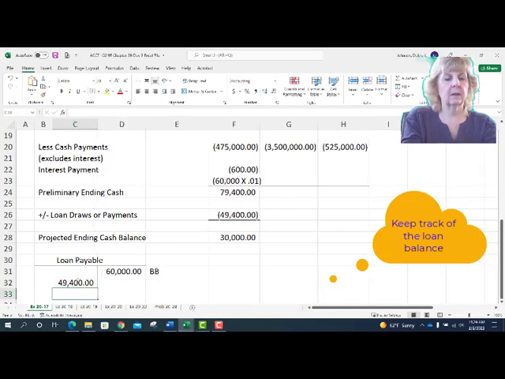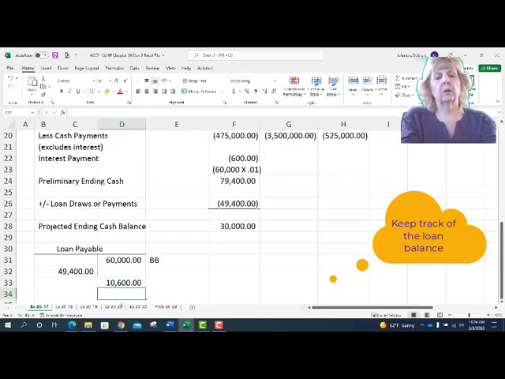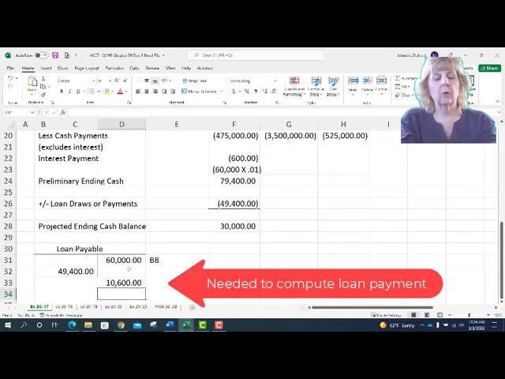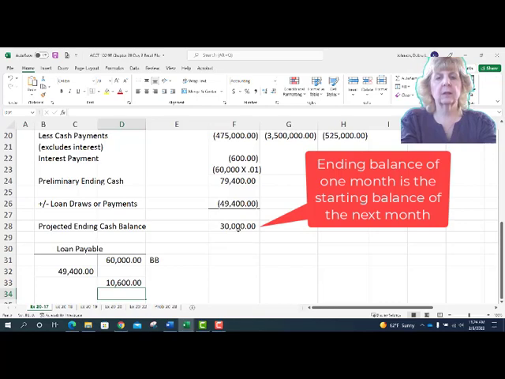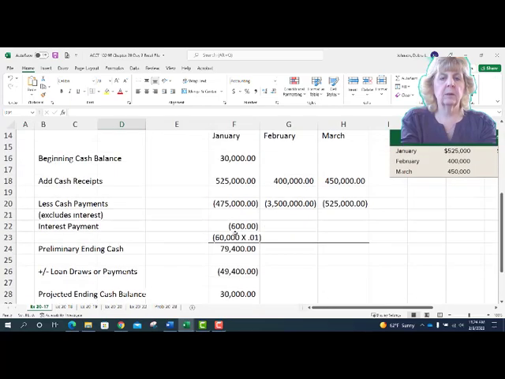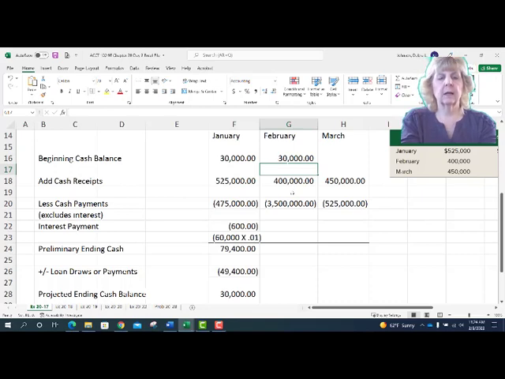Let me widen this so you can see it. Right now, I'll need this for the next month when I have to make another loan payment. Someplace on your spreadsheet, keep track of how much is owed so that you can properly do the remaining calculations. Right now, there's $10,600 owed on my loan. Just like at our own bank accounts, whatever we end today with, we start the next day with. At the end of this month, the cash balance was $30,000. That's going to be brought up to the top for February as our beginning cash balance, and we repeat the